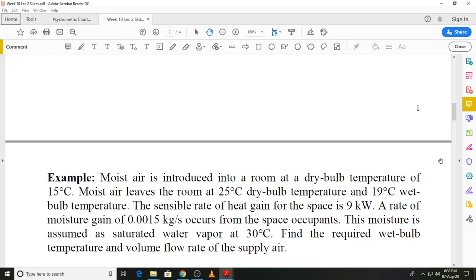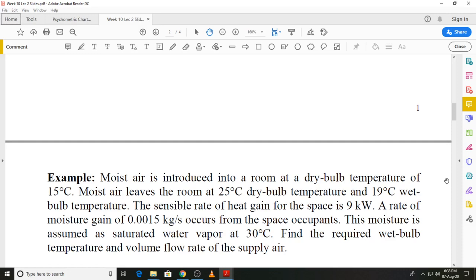So we have the problem statement in front of us, in which you are told that moist air enters a room at a certain dry bulb temperature. Then the other piece of information is the exit dry bulb and wet bulb temperatures of moist air when it leaves the room, and during this process there is a sensible heat gain at a rate of 9 kilowatts, and in addition there is also a moisture gain of 0.0015 kilograms per second,